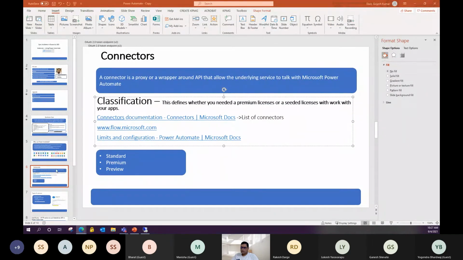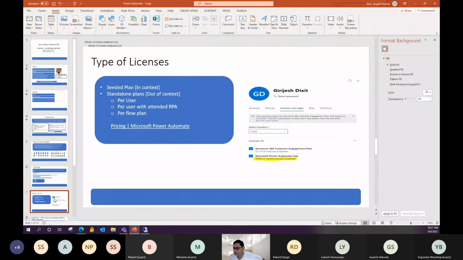The next thing is the types of licenses. The licenses come in two flavors, the seeded plan and standalone plans. A seeded plan is when you have a subscription of Dynamics 365, Microsoft Windows, or Office 365, and you get some add-on Power Automate licenses along with the subscription.